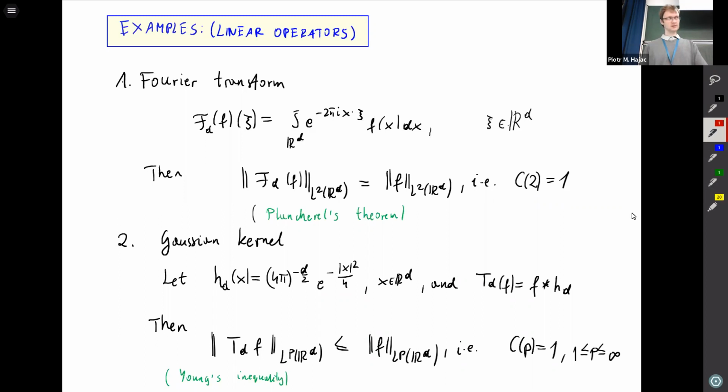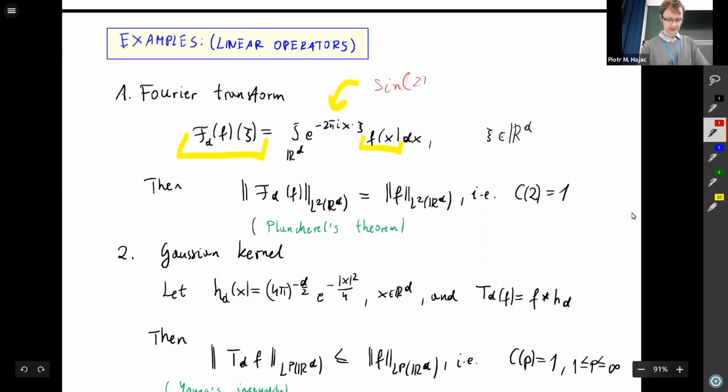So the first example I would like to give, since I'm mostly working in harmonic analysis, is the Fourier transform. The Fourier transform of a function is another function, denoted by F of f, evaluated at psi, and it is just the integral of this function f with respect to this exponential factor. This exponential has a lot of oscillations because, if you recall, e to some purely imaginary power is just the sine of